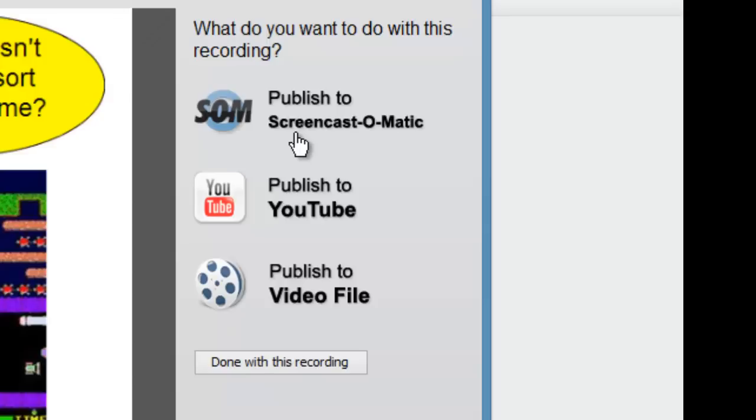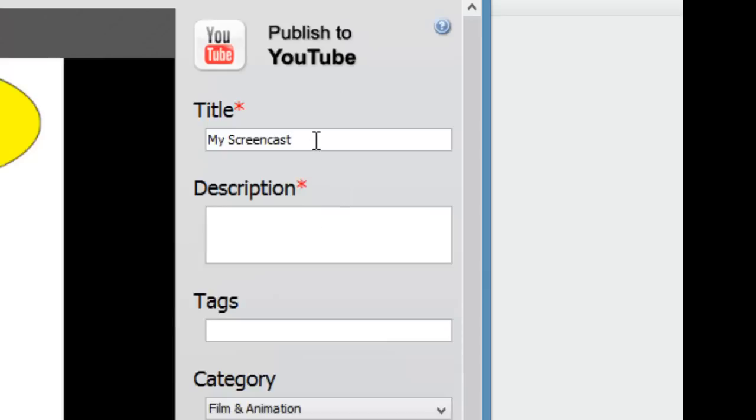You can choose to publish your screencast to screencastomatic.com, meaning Screencast-O-Matic would host your video instead of having your video stay on YouTube. You can publish it to a video file to have on your computer that you can then upload to YouTube later, or you can publish it directly to YouTube, and I'm going to select this option right here. When I do, I need to title my screencast,